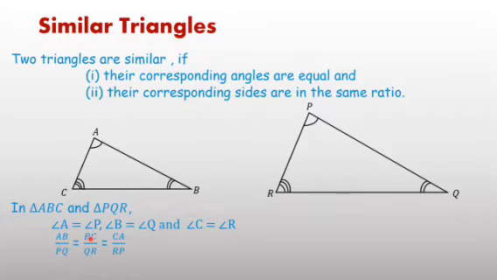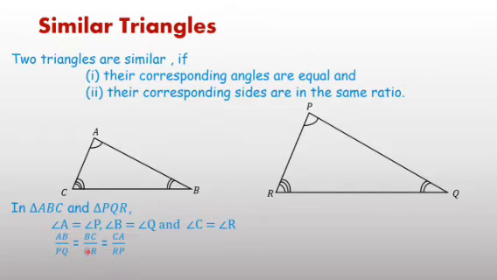Similarly, BC is opposite to angle A, and A equals P, and opposite to P is QR. Therefore, BC upon QR. And then the third side, CA, upon the same pattern. CA is opposite to B, and B equals Q, and opposite to Q is PR or RP. Therefore, AB and PQ are corresponding sides. BC and QR are corresponding sides. CA and RP are corresponding sides.